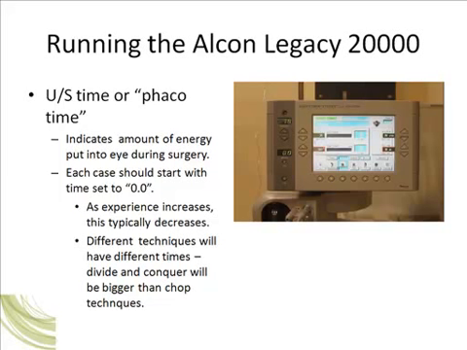However, it's also important to note that phaco times will generally also depend on the techniques that are used. Typically in divide and conquer techniques, there'll be somewhat longer phaco times than you will have with chopping techniques, where there's more manual disruption of the lens or breakup of the lens. Also on different phaco platforms, phaco time is labeled differently. On the Millennium, there are 3 numbers for phaco time, and those would be phaco effective phaco time, absolute phaco time, and